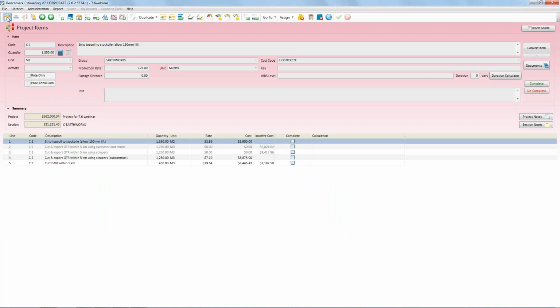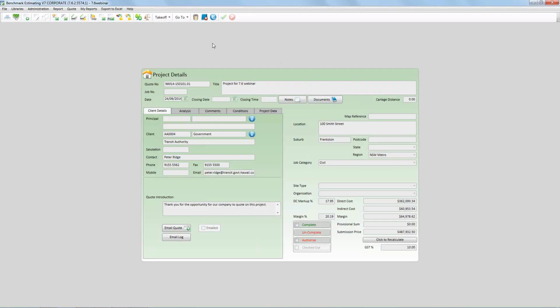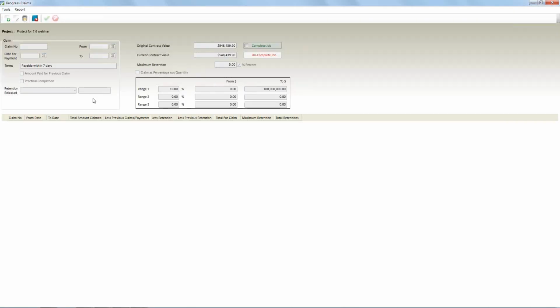Another improvement is in the progress claims feature, and for those of you who are interested, 95% of what we do with Benchmark is all about estimating and quoting, but we do have a progress claims feature which is handy for a lot of our customers. So I'll just go into that. I'll just add a claim. Won't go into the detail,